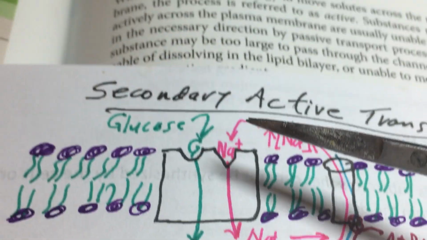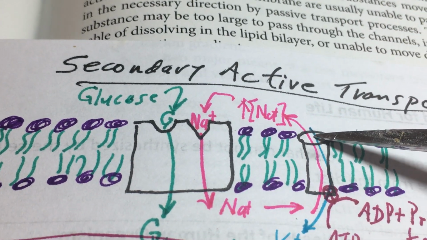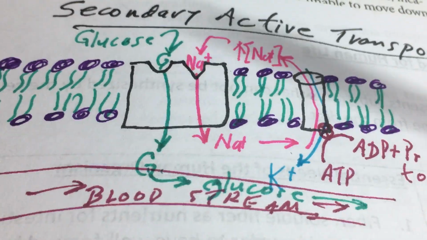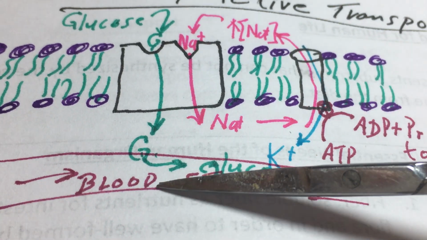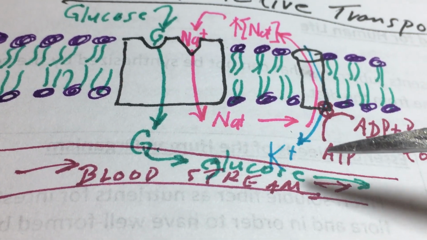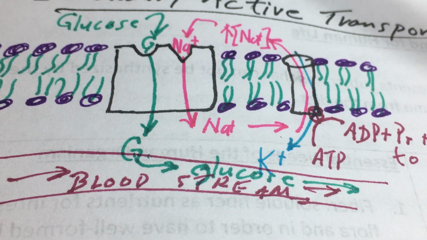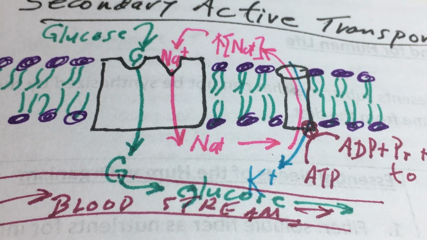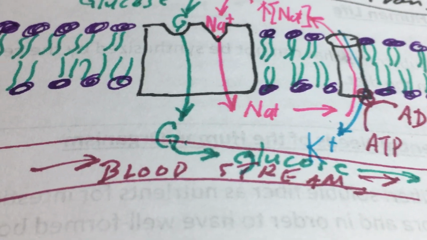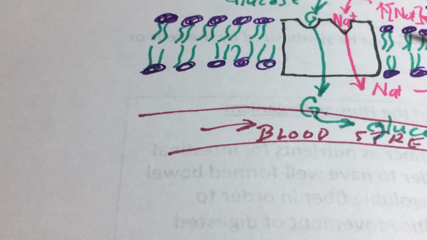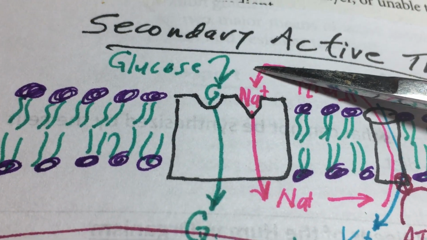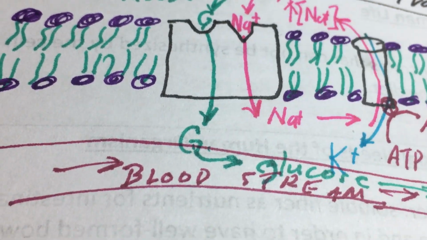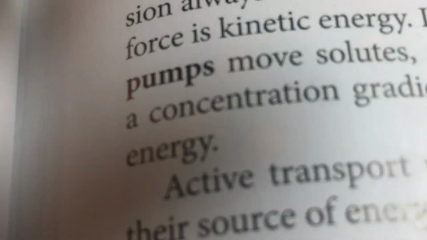And so this is considered secondary active transport. It's active because it's using ATP, and we're getting transport across the membrane. Ultimately, we're getting transport into the bloodstream, and so we're getting our nutrients this way. Okay, so that is primary and secondary active transport. So the primary active transport is acting together with this diffusion gradient right here and setting up a diffusion gradient, which then forces this passive portion of secondary transport to continue. Okay, then